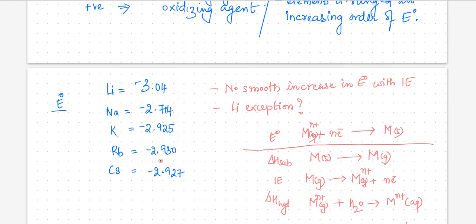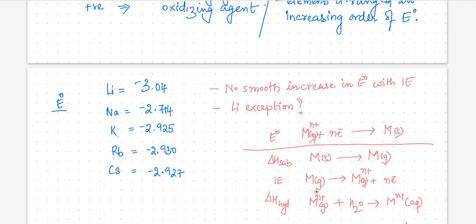In order to understand that, we have to understand the half reactions. When you talk about the half reaction for E naught, it is basically the metal ion in the aqueous state combining with electrons to give the metal solid. This is the half reaction that you consider when you calculate the E naught. Now here, you have an aqueous ion changing to a metal solid. But if you remember the